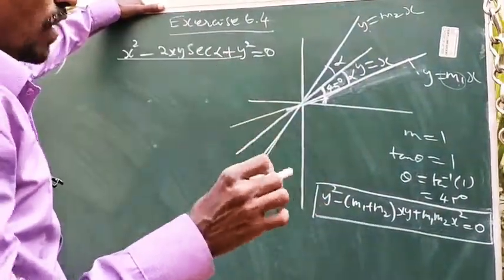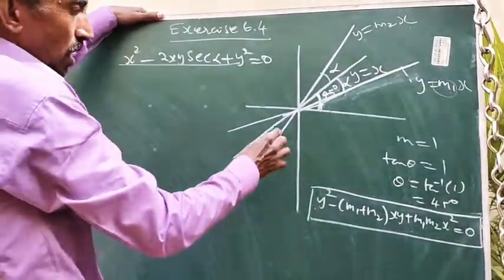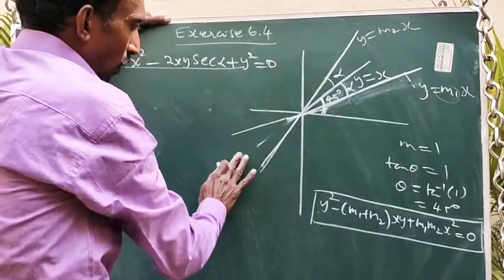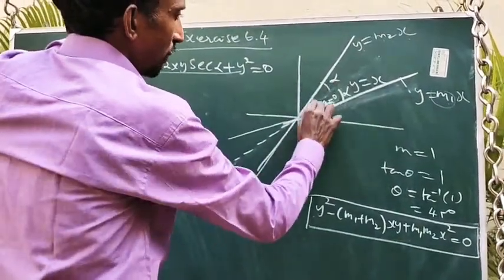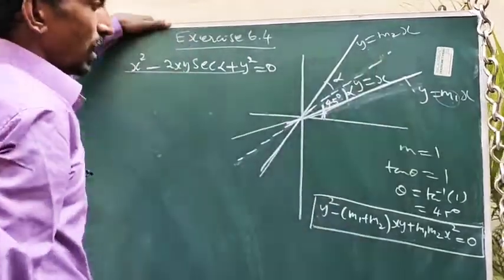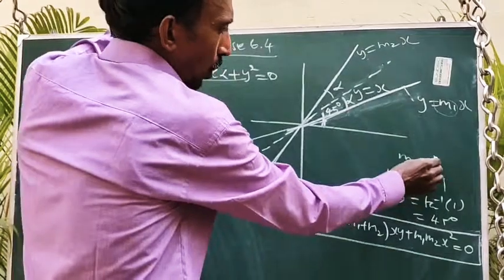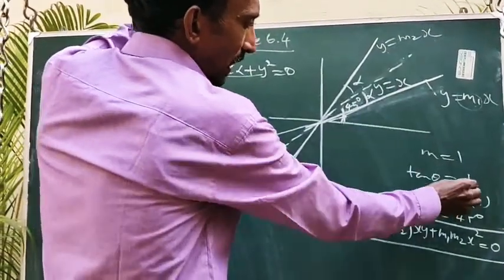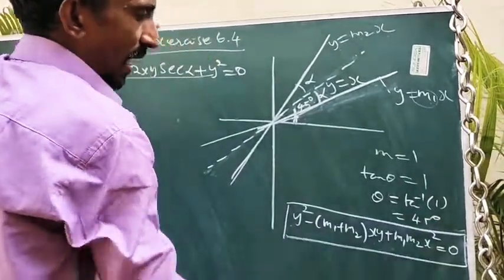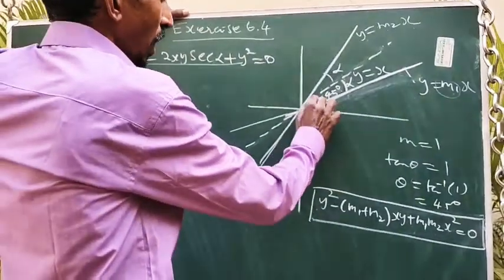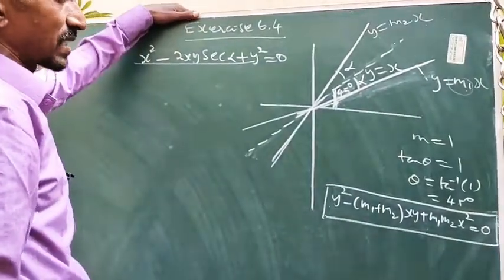So our aim is to find out here only m1 and m2. For that, first draw the line y equal to x. So listen, it is the line and differentiating. This is the line y equal to x, because if you compare this one, we are getting m equal to 1. m1 means tan theta 1. So tan theta 1 means theta 45 degree. Tan inverse of 1 is 45 degree. So y equal to x always makes 45 degree with the x axis.